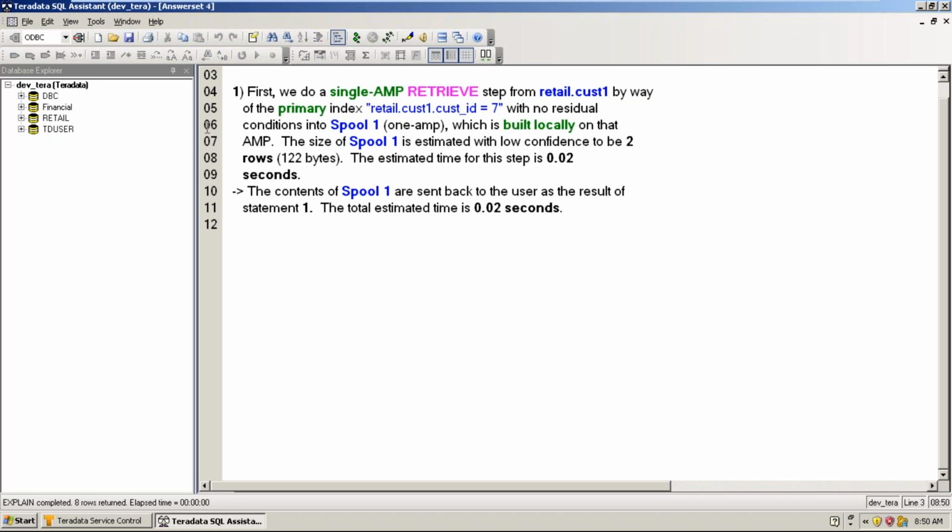So this is only a one-step operation, and it is a single-AMP operation because it is a primary index. The primary index hash value is already determined by the hash algorithm during the insertion. So when you are retrieving based on the primary index, it is very easy for the hash algorithm to determine from which AMP it has to pick up the row with the primary index value 7. So it is a single-AMP operation.